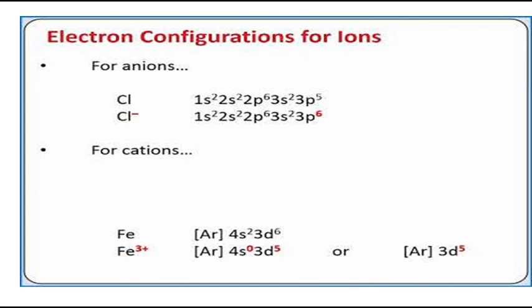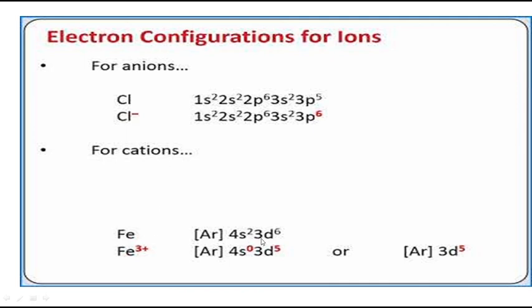So anions means what? If it has extra electrons, you call it an anion. If they are deficit of electrons, you call them cations. Chlorine is 17. Yes, 17 electrons for chlorine. So chlorine has an electronic configuration of 1s2, 2s2, 2p6, 3s2 and 3p5. So Cl minus means what? It has 1 electron extra. So 3p5, I am writing it as 3p6. Got it? For anions. Next for cations.